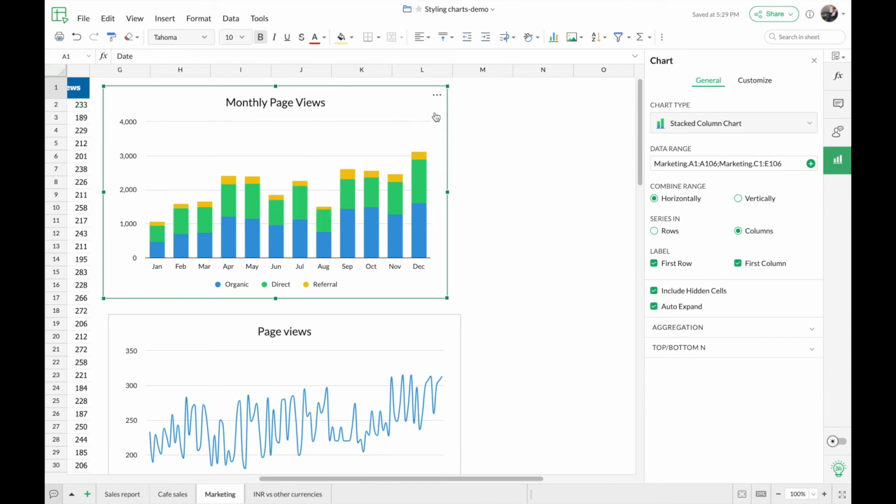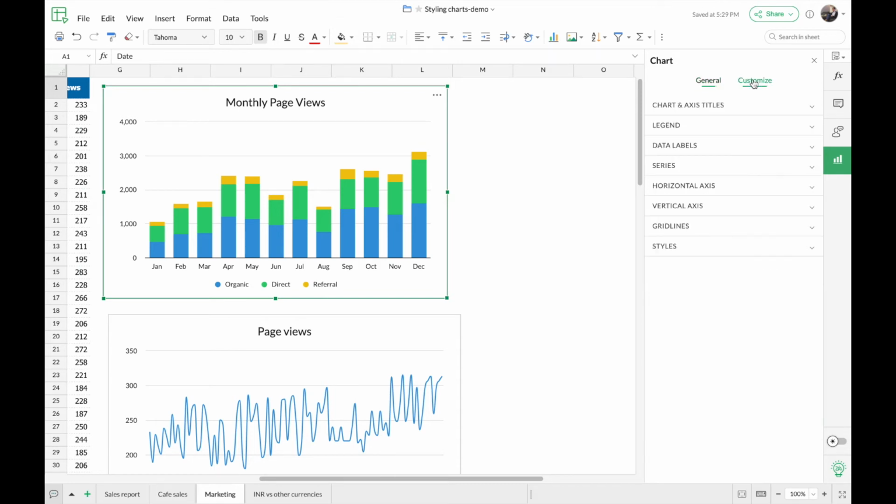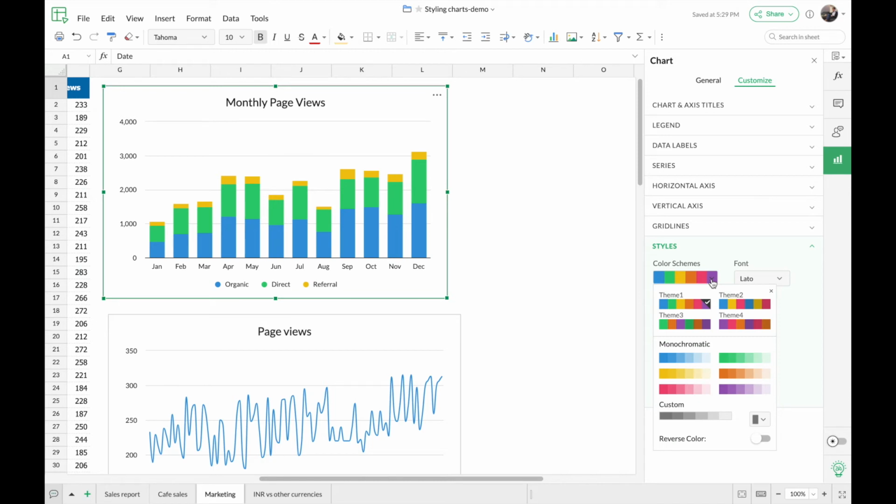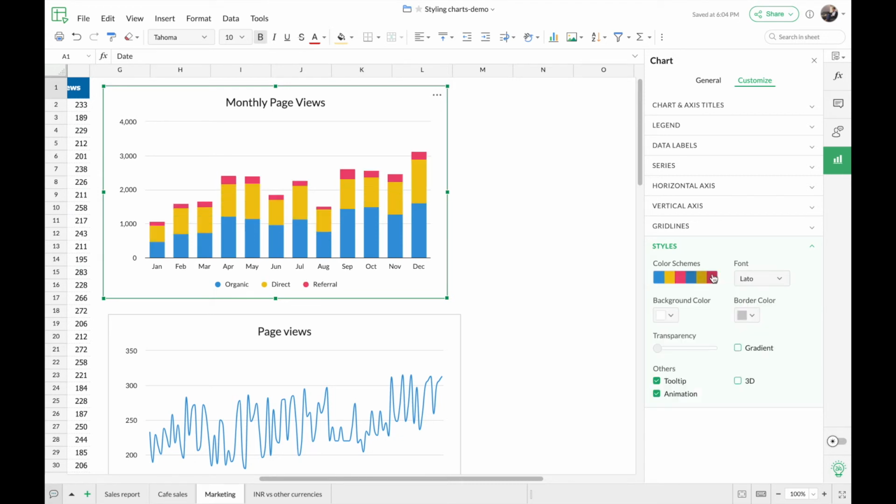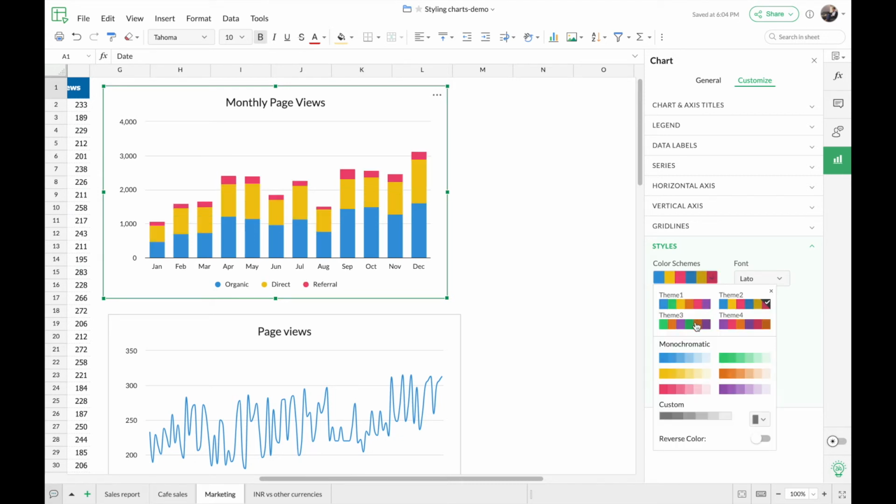In this chart, I'm going to use a monochrome style. Under customize and styles, you can find default color schemes provided by Zoho Sheet. You can either choose a default color scheme from here, or you can customize each of the series separately if you want, or you can also go with the monochromatic theme.